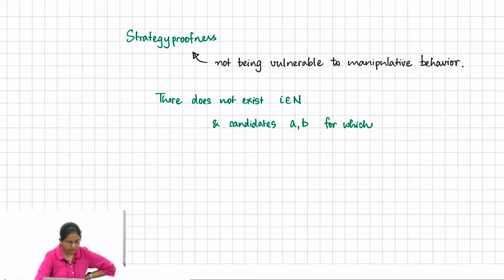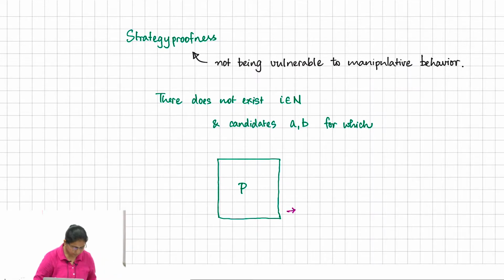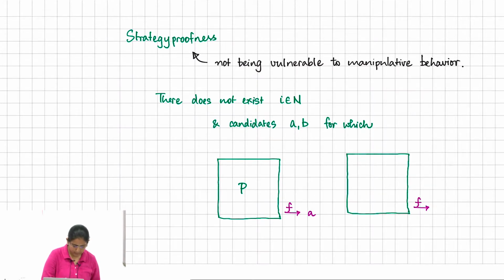So we want to avoid a situation where there is a profile P where the mechanism F is giving us A. So say there is a profile Q where the mechanism is giving us B,